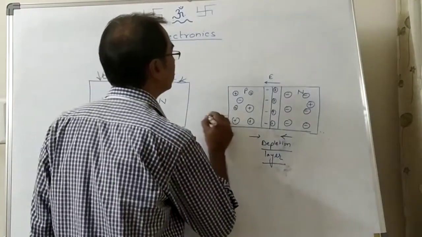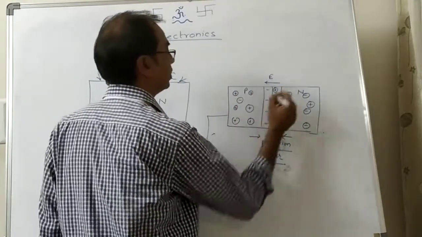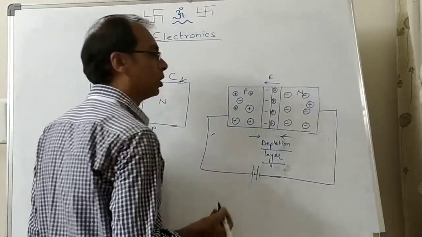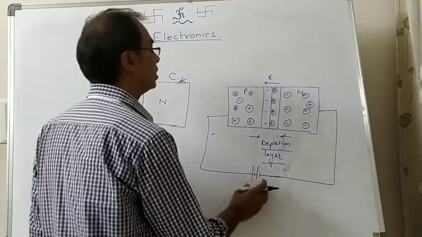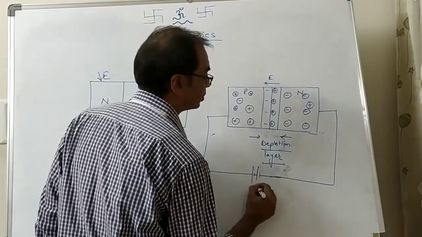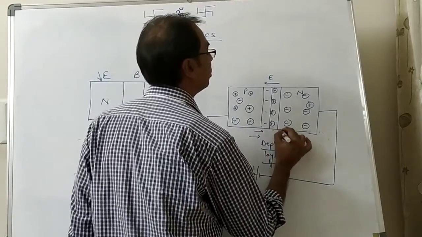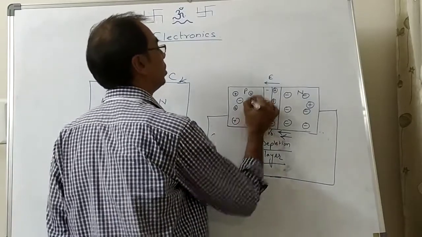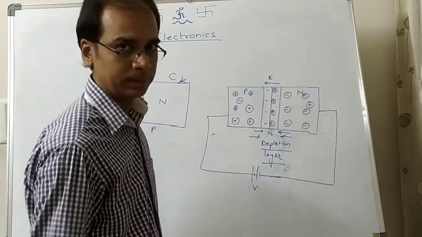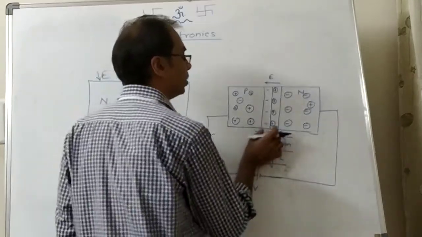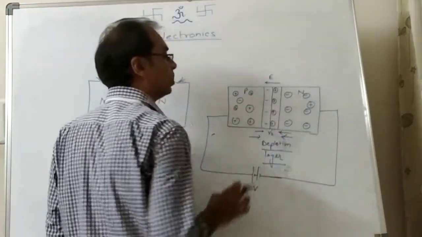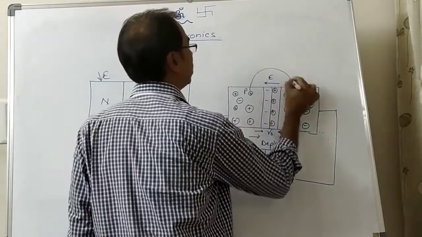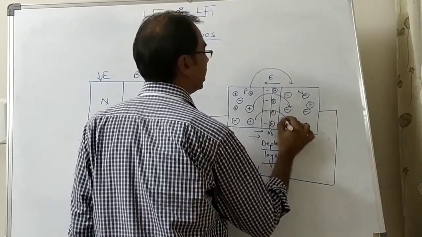So we are going to connect this in forward bias. Let's say this is P and this is N, so this is forward bias. Now when you connect it with the battery, what is happening? If the battery's potential here is more than the barrier potential of the depletion layer, this battery is able to push these majority charge carriers to the other side. And because this potential is more than the barrier potential, the thickness of the depletion layer also starts decreasing. So these majority charge carriers are easily able to jump to the other side, and we are going to get the current.